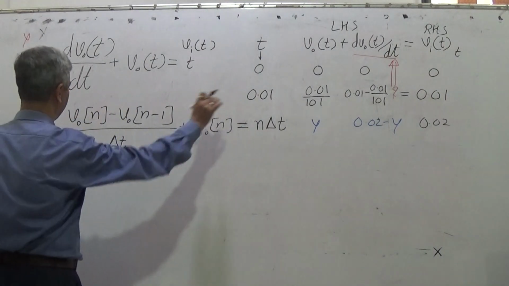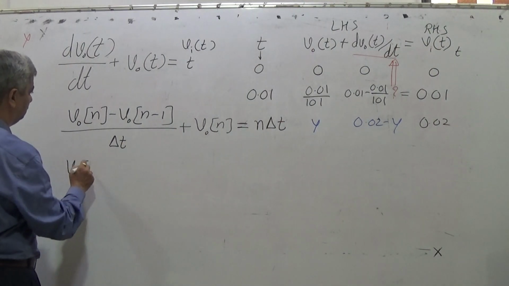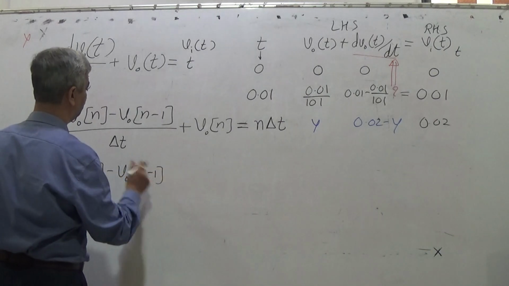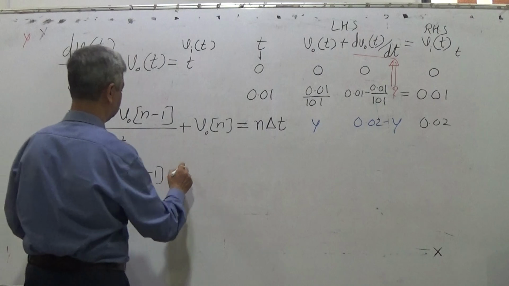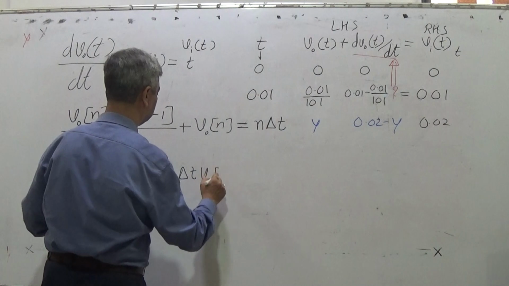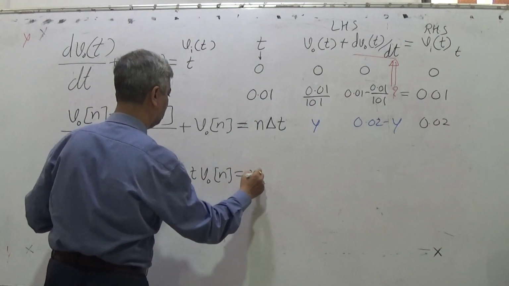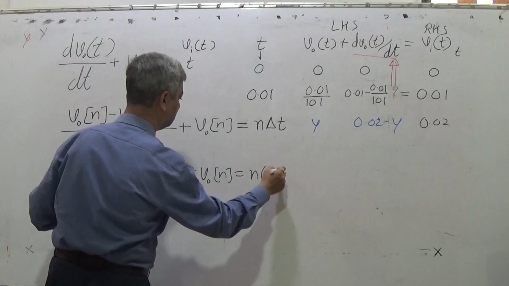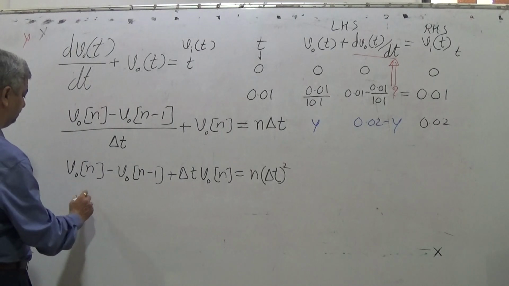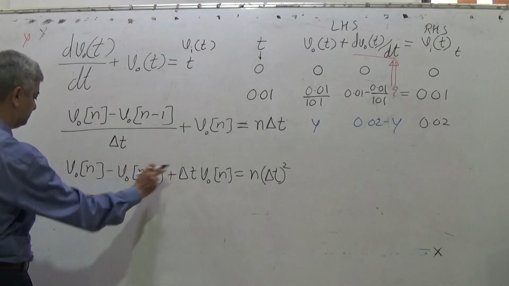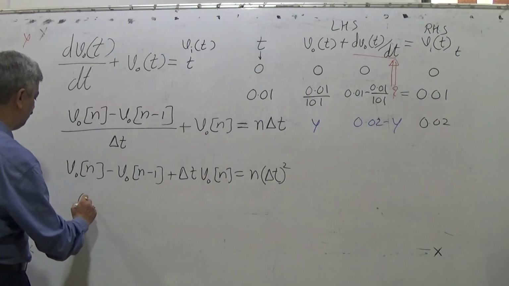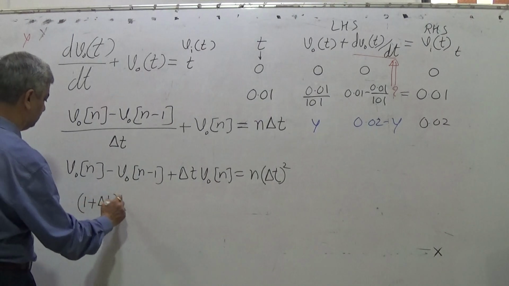Multiplying by delta t on the other side, Vo[n] minus Vo[n-1] plus delta t into Vo[n] is equal to n delta t square. So I can write it as 1 plus delta t into Vo[n]